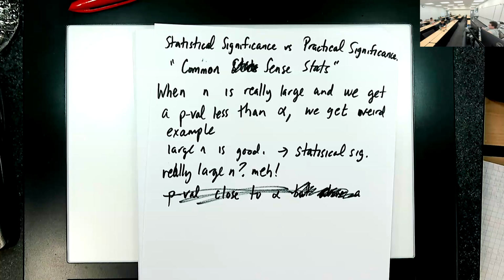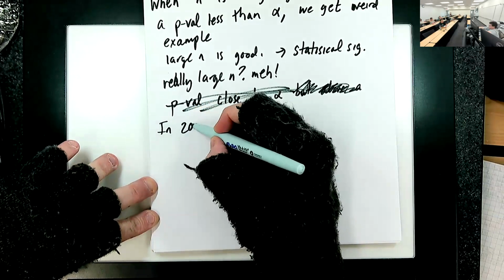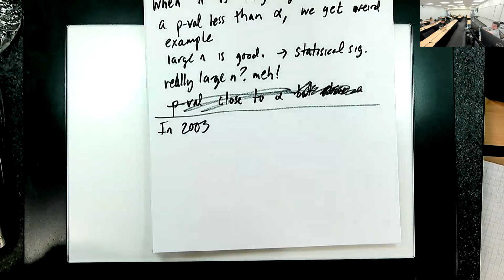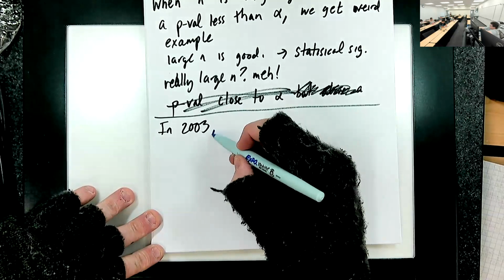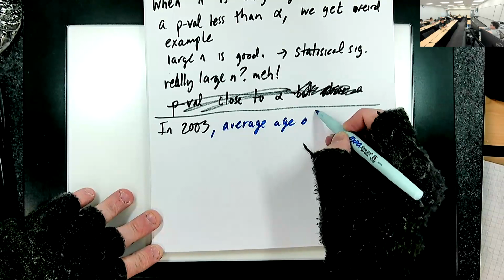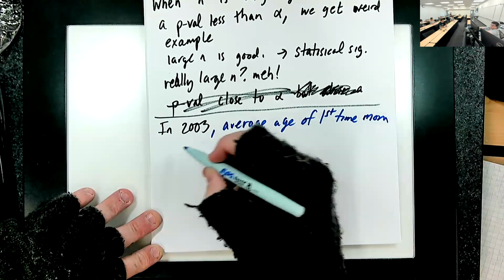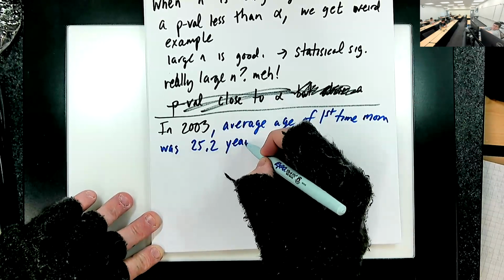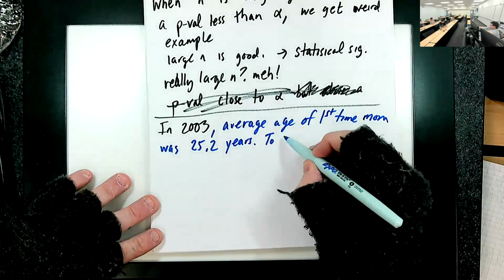So, in 2003, switch colors so it shows up. In 2003, the average age of a mother of a first-time mom was 25.2 years old. To see if this has increased,